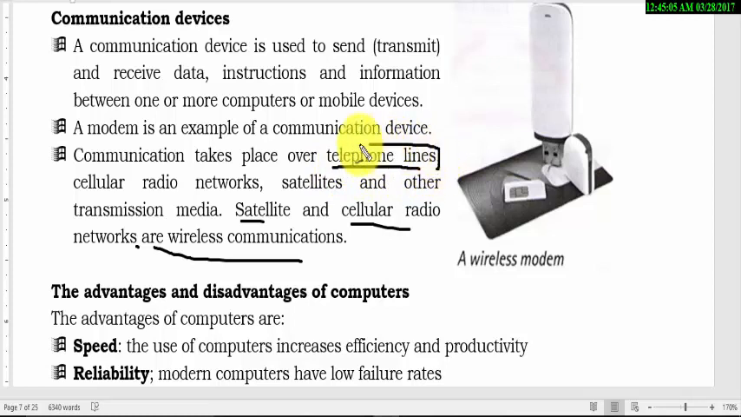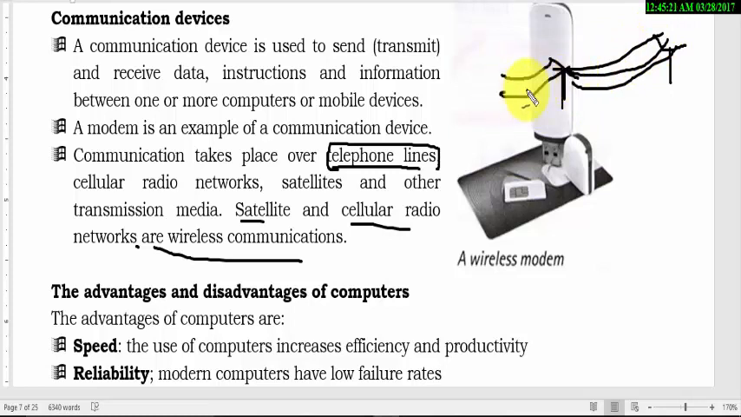When we say telephone lines, this is where a phone is connected using lines. For example, this is a telephone line, this is a telephone line. So you may send and receive through the telephone line. Now when we say radio,